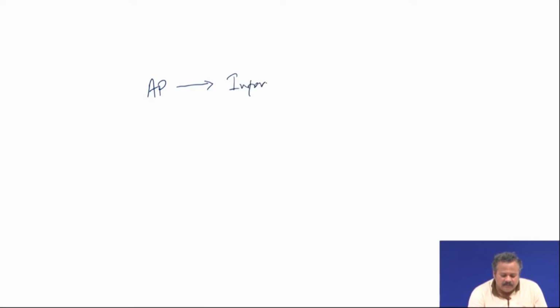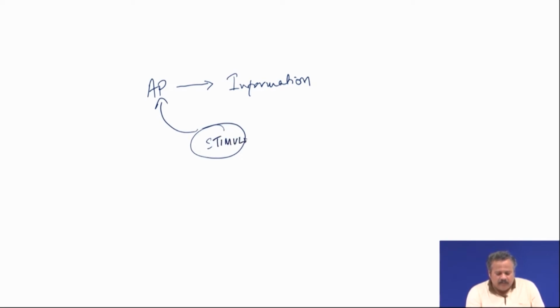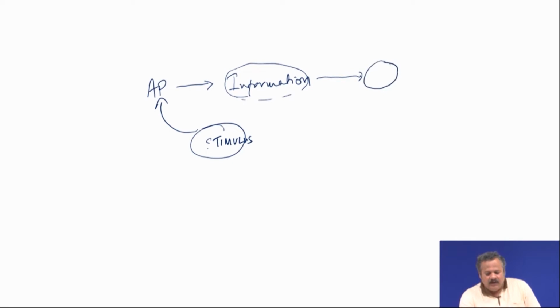That action potential is encoding a particular type of information in some transformed way of some phenomena that is producing that action potential. It may be a stimulus or some thing in the external world that forms those action potentials in the entire network, in the pathway, and at every stage it forms some kind of information, or some part of the stimulus's information is present in those action potentials that is carried forward, and finally we, through the population activity of neurons,